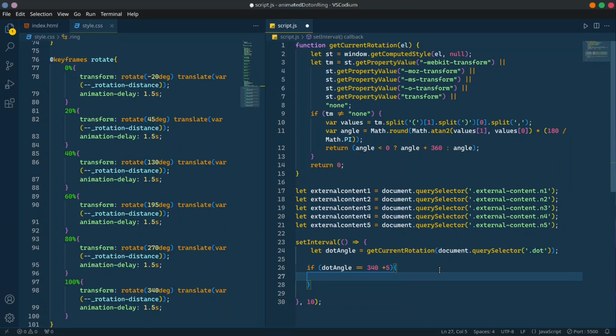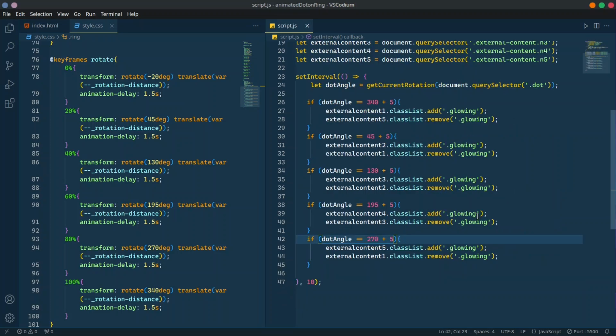So guys, what we are doing is when our dot is a little ahead of any element, it will add the class glowing to the next element, and so on, and that will animate into a different color in 1.5 seconds. So now I have added conditions for all our external elements.